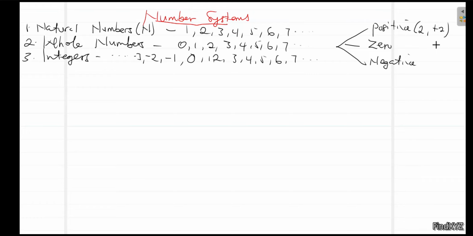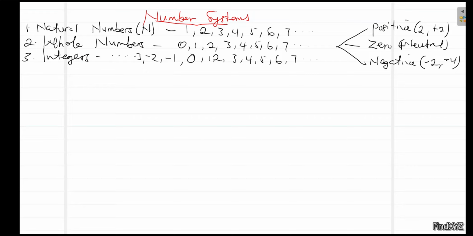Now without a sign, it is still a positive number. You don't even need to denote the sign, but if the sign is there, it doesn't change the value of the number. But with negatives, you always need to have a sign in front of the number. So -2 should be there and -4. What about 0? 0 does not need any sign. Even with signs, it doesn't change the value of the number. I call it a neutral number,